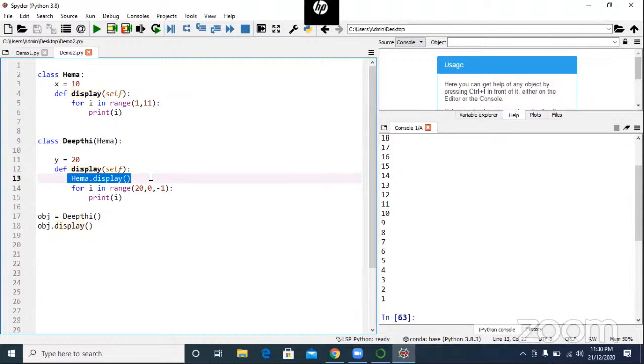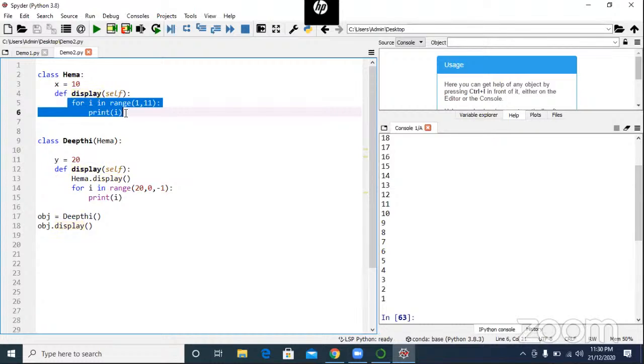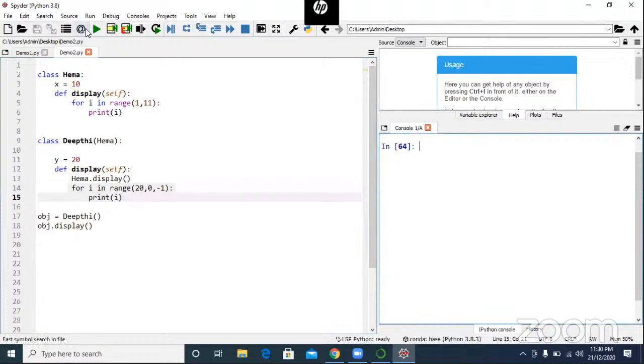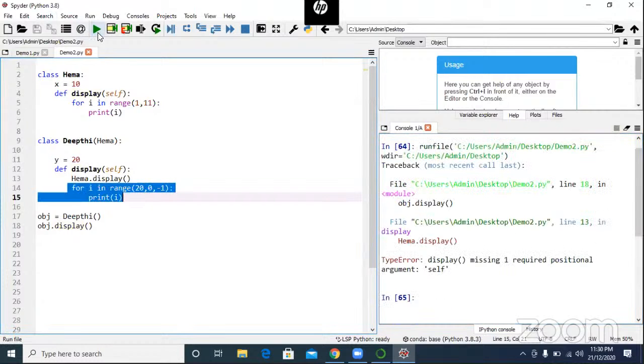Hema.display. Automatically it will go to this one, Hema's display, so it will print 1 to 10. After that, it will print 20 to 1. Are you getting it? That is also possible. Check it.